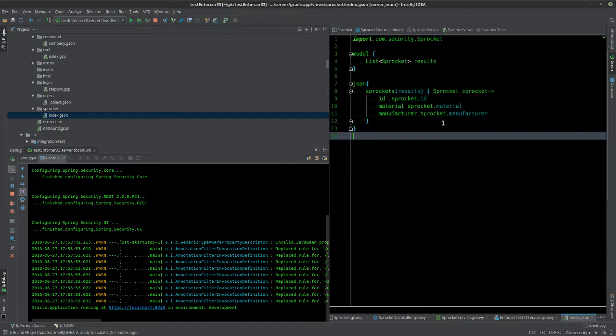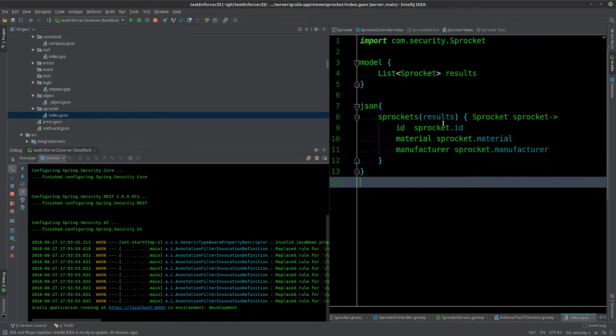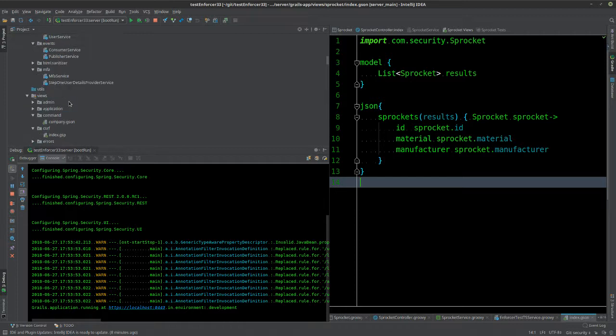Instead of having GSP, they're .gson, so JSON Views.